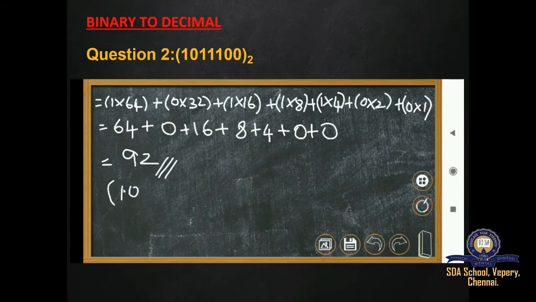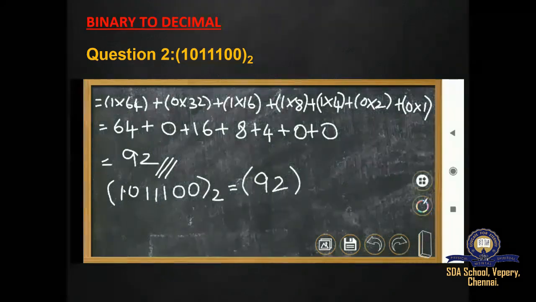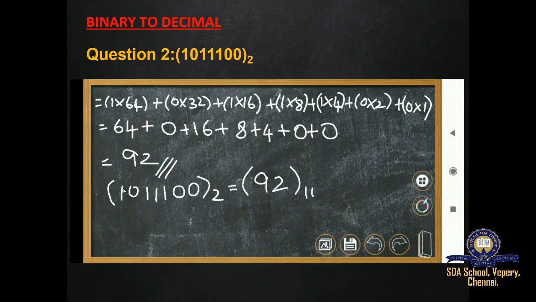For the binary number 1011100, it gives the decimal number 92. Hope you all understand the conversion of binary number to decimal number. Kindly call